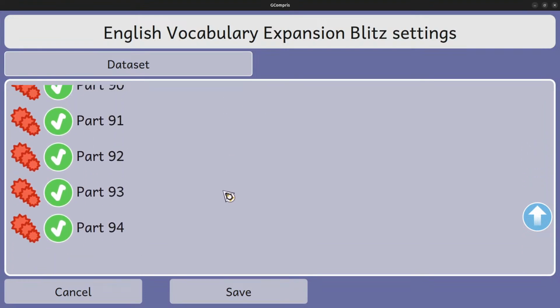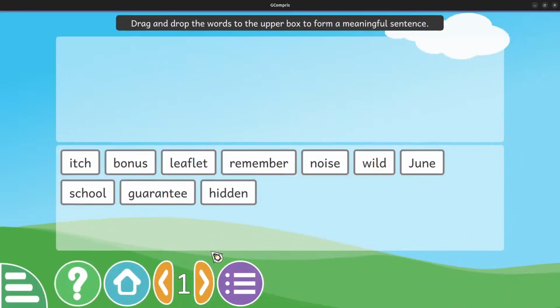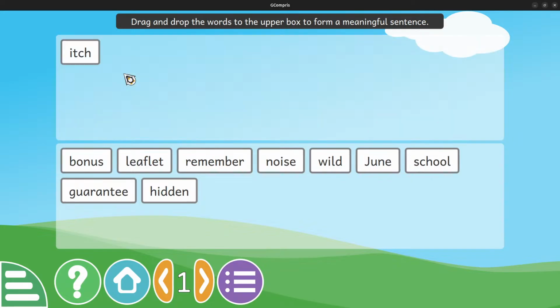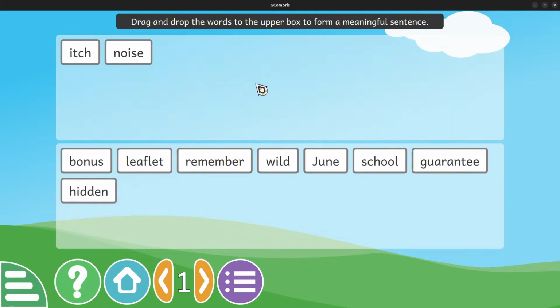So I might go through some of them. I need to try and get it so that the order of this doesn't matter. If you recognize the word, drag it up to the top